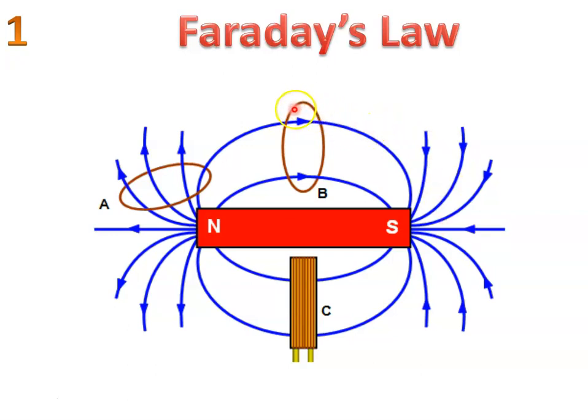And here you can see a circle. It appears as an ellipse here, but it is a circular area which you can consider to be 1 meter square, and the number of lines crossing this is 2. So here you can see 4 lines are cutting the same area, which I am calling unit area. So the number of lines of flux per unit cross-sectional area we define as density of flux, or rather magnetic flux density.